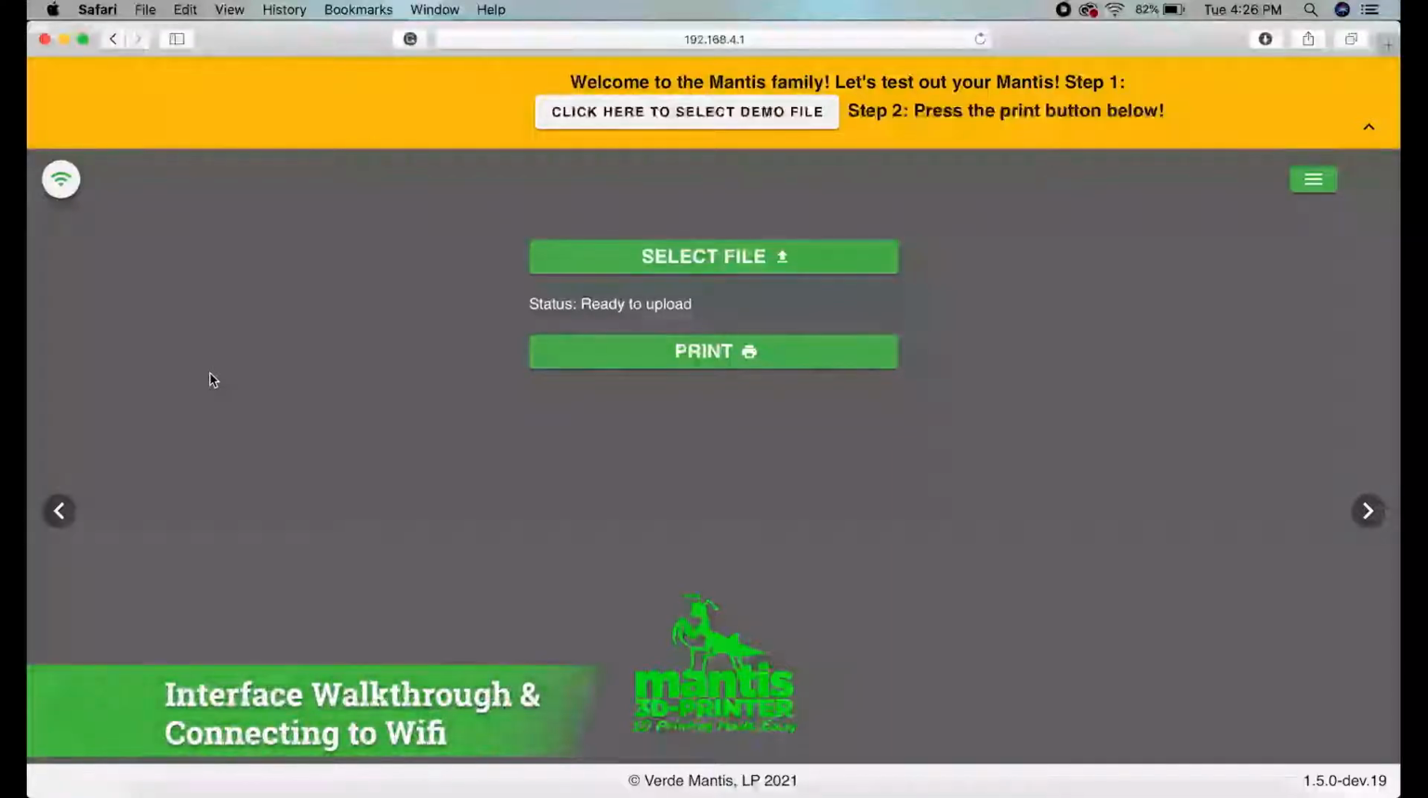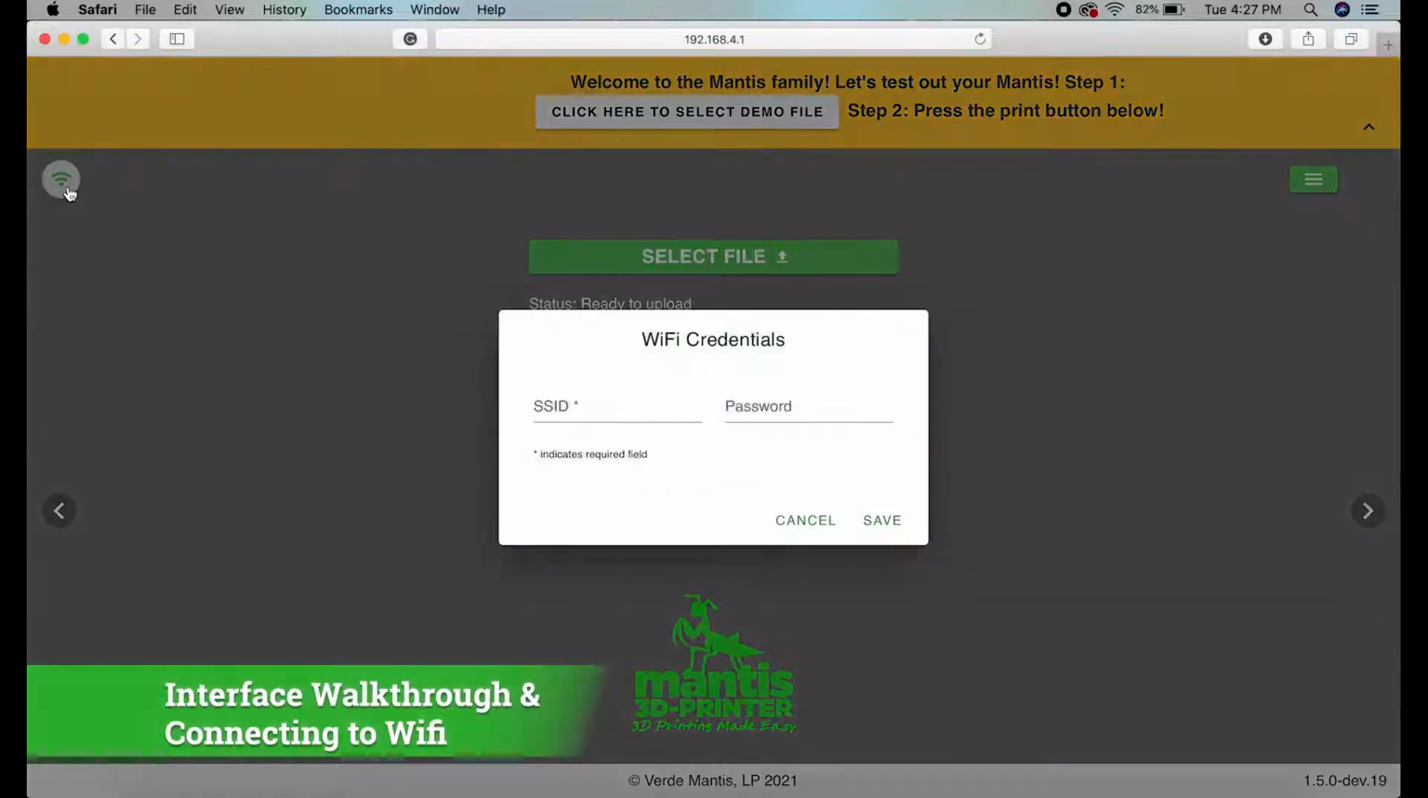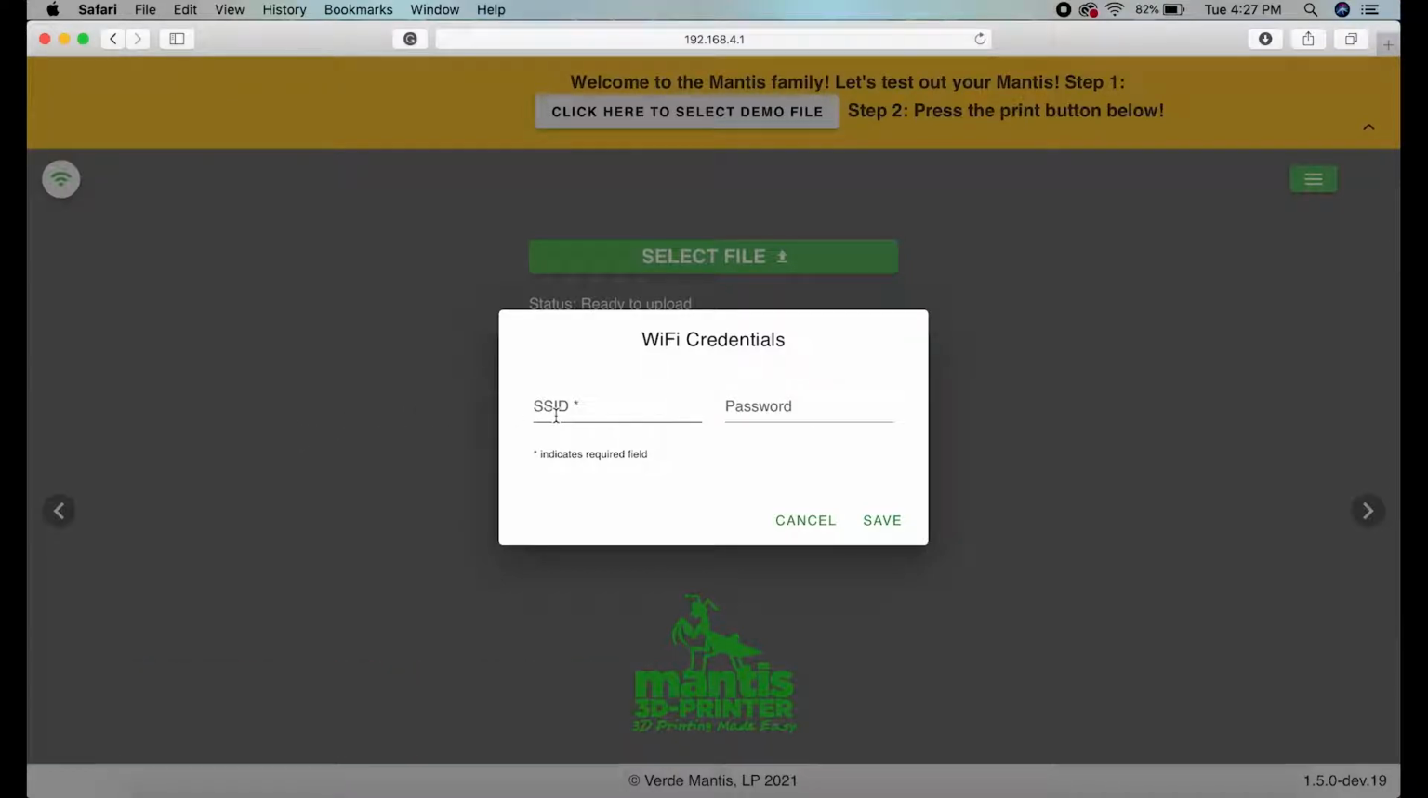So here we're taking a look at the interface for the Mantis 3D printer. The first thing that we're going to want to do is get onto the Wi-Fi itself. So if you click on the Wi-Fi icon, it'll take you to the Wi-Fi credentials screen where you'll see the SSID, which is also the network name, which is whatever name you chose for the router that you have at home. In our case,